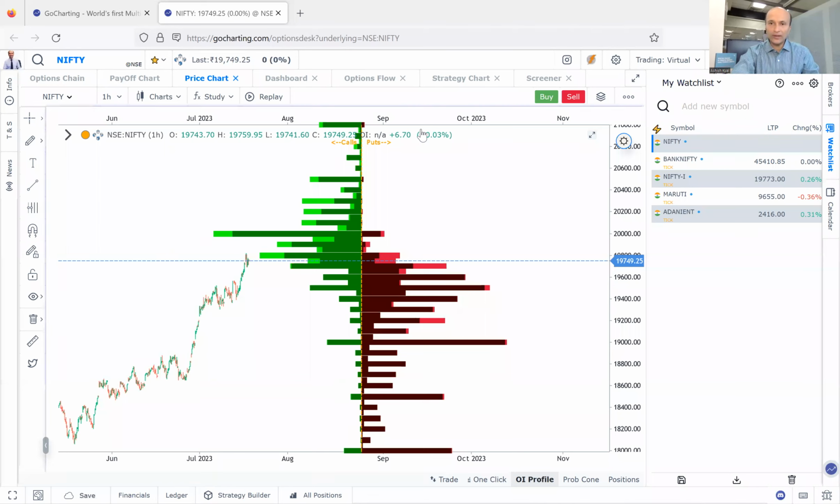This open interest profile you will be able to see on the go charting platform. 18th July is an अमावस्या. 17th July इनफैक्ट अमावस्या थी, 18 July भी है क्योंकि वो रात को मिडनाइट में थी. So 18 July is an अमावस्या. Let's see if there is a pause here. फिलहाल पॉज नहीं है. फिलहाल Nifty has not closed below prior candle low. So as of now, nothing has changed.